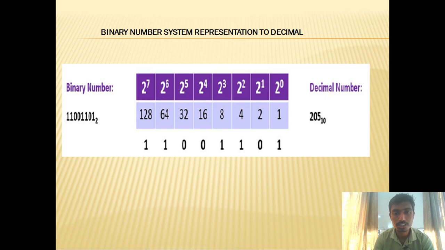We can use this formula. If you have a problem with 2 raised to 0, 2 raised to 1, 2 raised to 2, 2 raised to 3, you can directly use the product values. 2 raised to 3 will be 8, 2 raised to 2 will be 4, 2 raised to 1 will be 2, and 2 raised to 0 will be 1. So we can directly put these values in our formula like 8421. We can use this to represent the numbers.